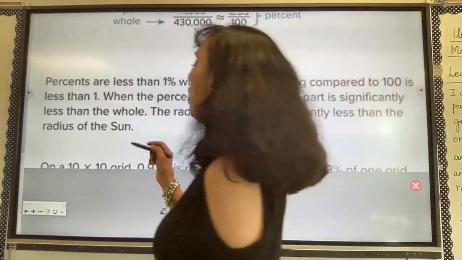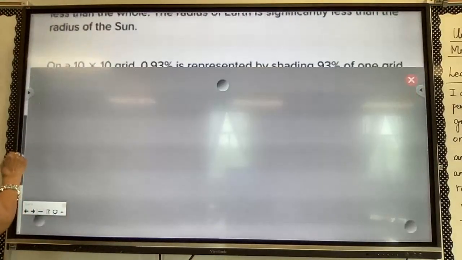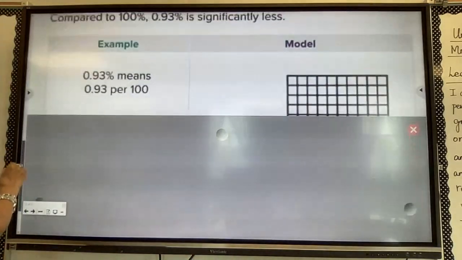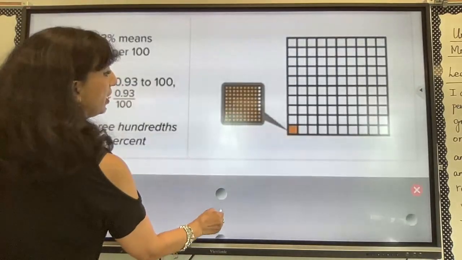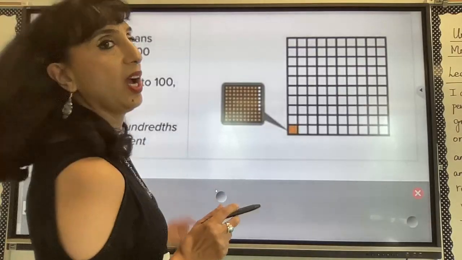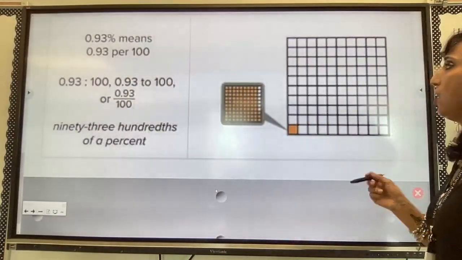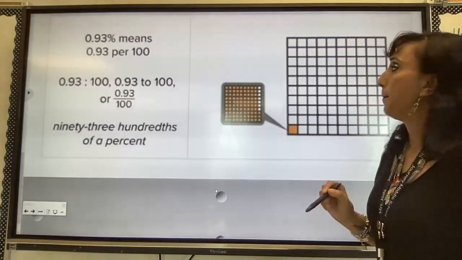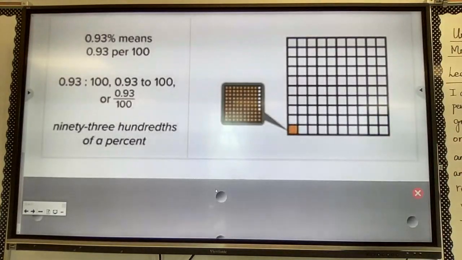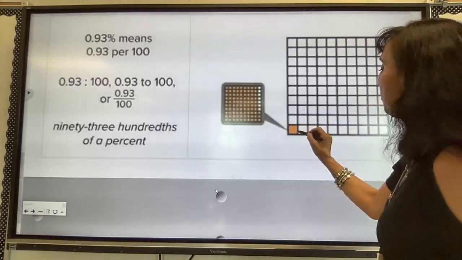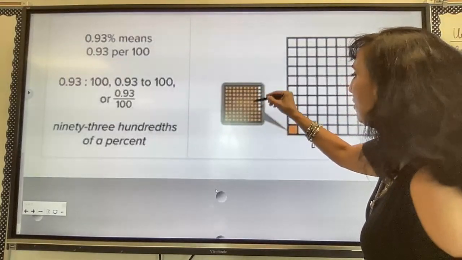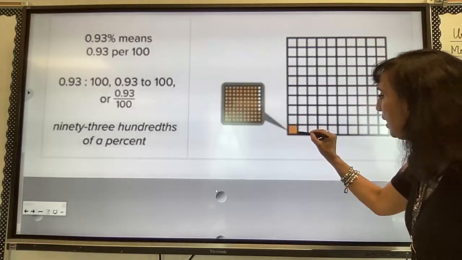So if I was to draw this out, okay, we know that each square in the grid is equal to how much? It is equal to 1, right? So if I'm saying 93/100th, and I'm looking at this, each is 1. But since it's 93/100th, look what that means. Out of this one part, 93 of these are colored in. 10, 20, 30, 40, 50, 60, 70, 80, 93. So in this part, we have